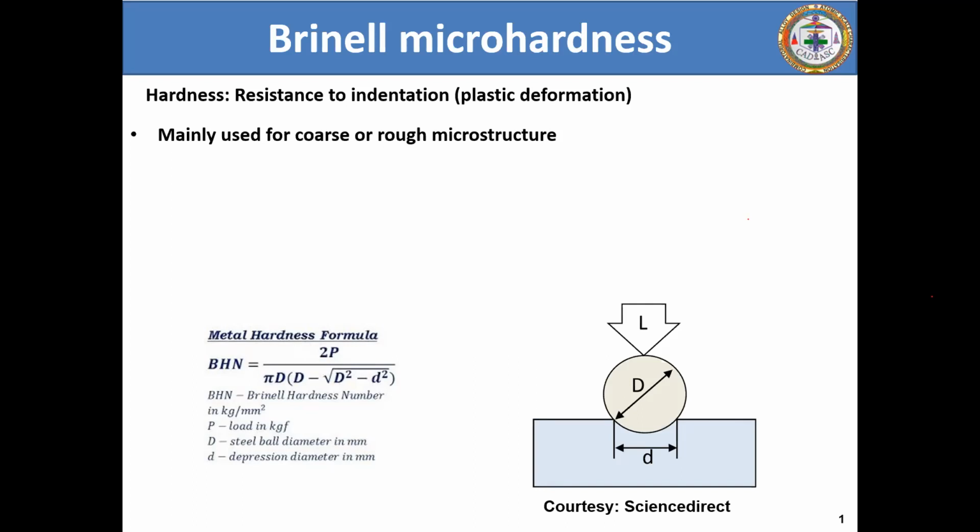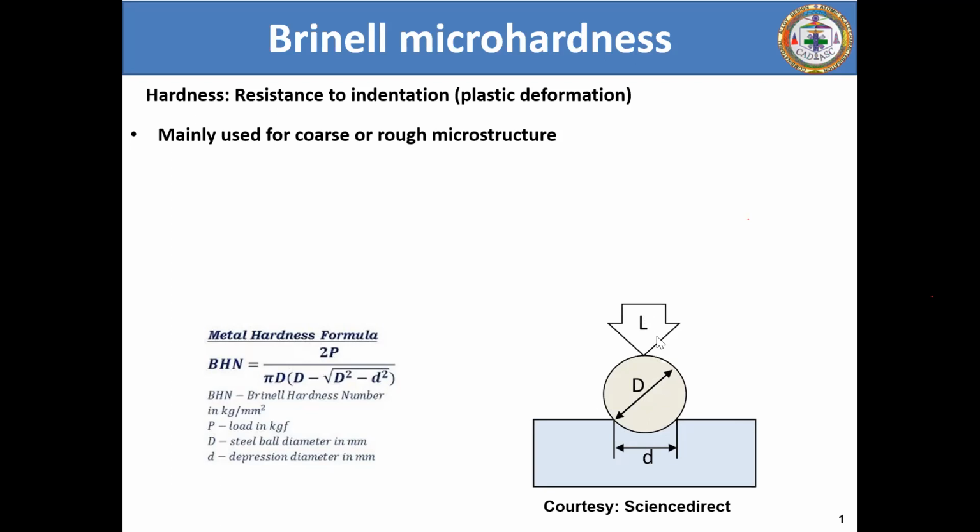Now let's start. There are two very common hardness determination techniques. The first is the Brinell hardness testing. In Brinell hardness testing, what you essentially have is a steel ball. I was initially talking about the indenter, and the geometry of the indenter has to be a kind of steel ball where the diameter is equal to capital D.